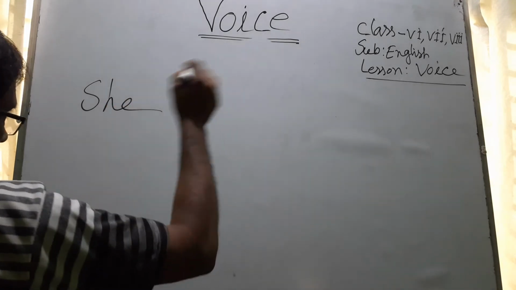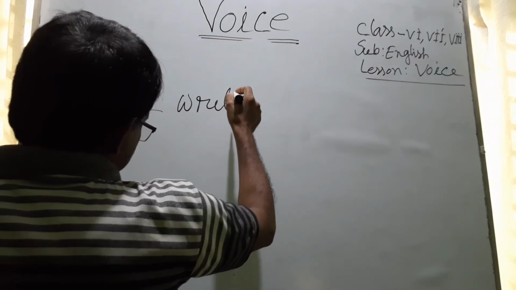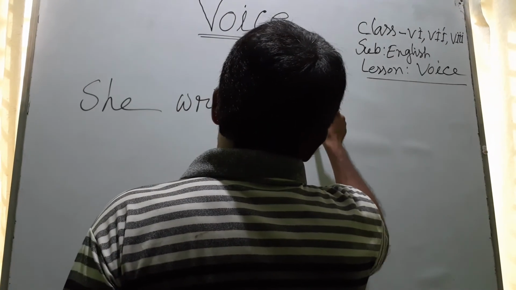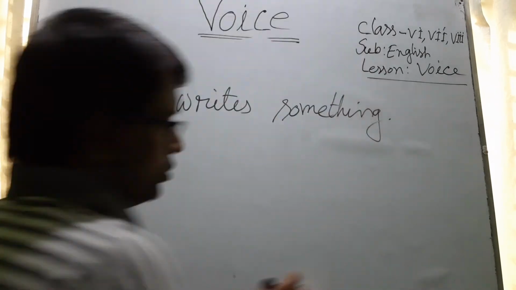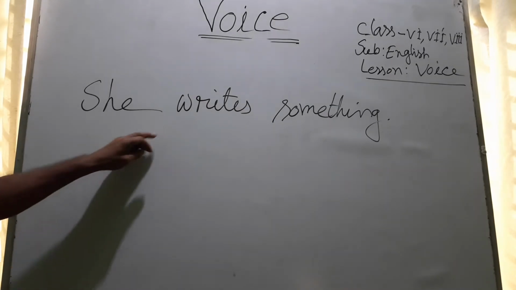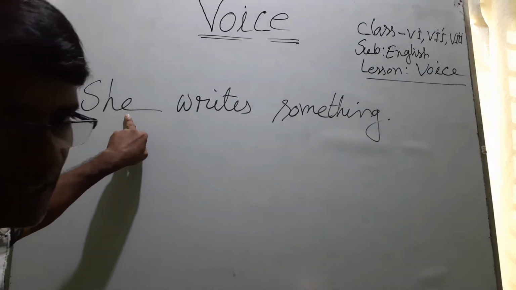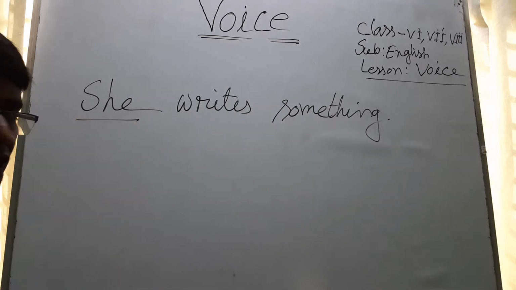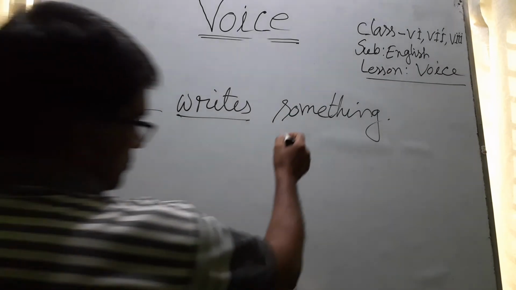She writes something. Dear students, look at the board and you can see she writes something. She একটা কিছু লিখছে। Here subject she, write verb and his main verb, something